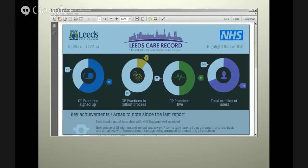We've got most GP surgeries' information on the system, and we've got acute information. We've identified social work role-based access, so we're looking at what actual data items a social worker should be able to see of primary and acute data, and we've identified that data set. If we're successful with the Integrated Digital Care Fund, which we've still got our fingers crossed for, we will be moving on to put that role-based access in place so that we can look at social workers actually accessing that data